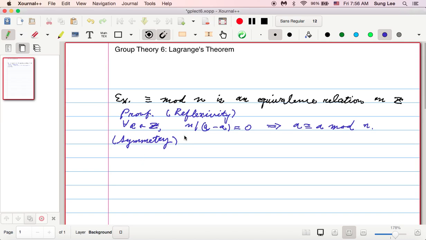Symmetry. So here, for any three integers a, b, and c, if a is congruent to b modulo n, and b is congruent to c modulo n,